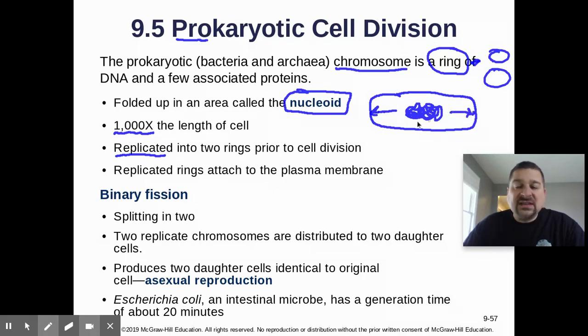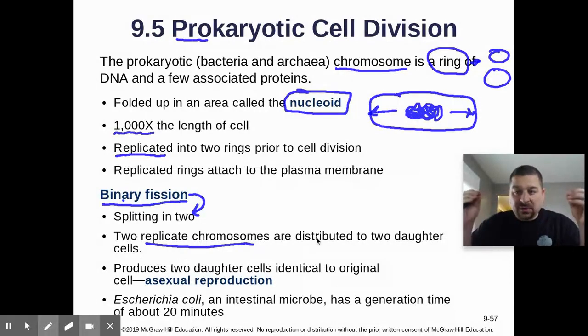It'll have a place of attachment there, so that as it pulls apart, it will pull the two separate chromosomes apart. This process is called binary fission, splitting into two, which makes sense. And then the two replicated chromosomes, those two loops, are separated or pulled into opposite ends to